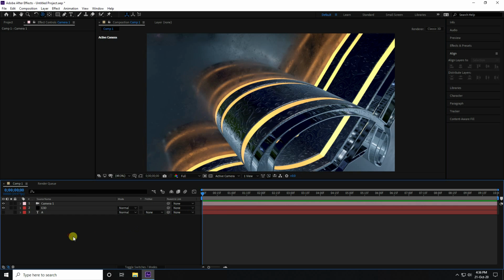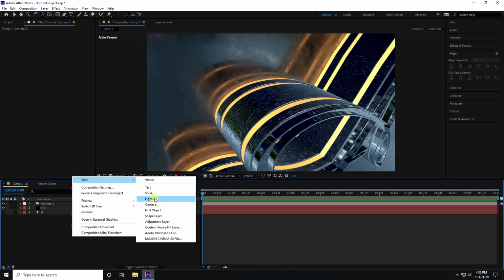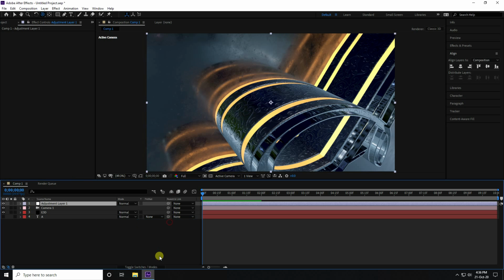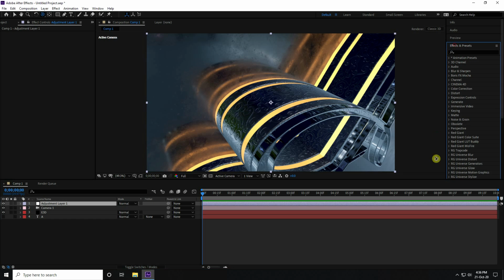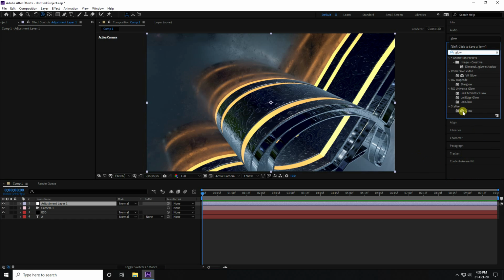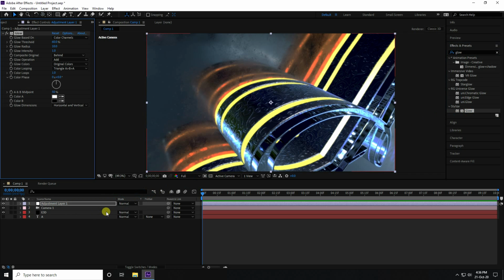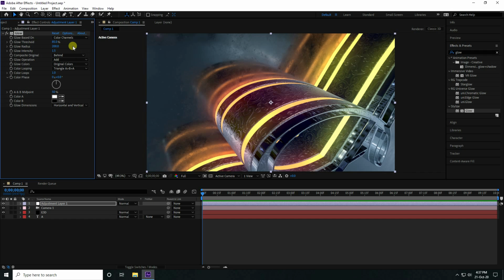Okay, so now I take some color correction. So I use an adjustment layer, go to effect and presets and type glow. Apply glow, and increase the glow threshold a little bit, like 80. More, like 85. And increase the radius, better, like 200, and intensity like 1.5.